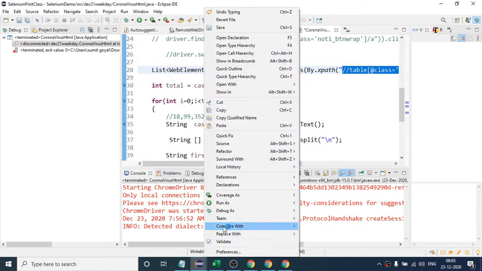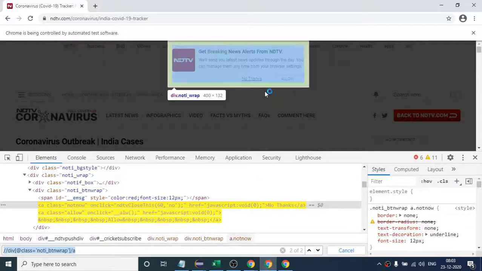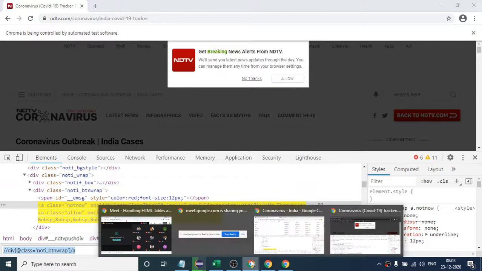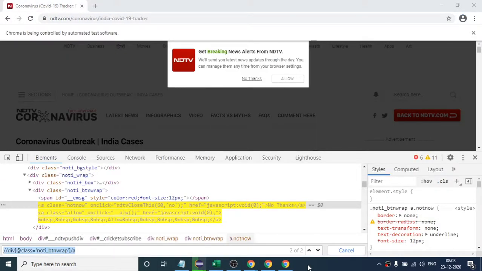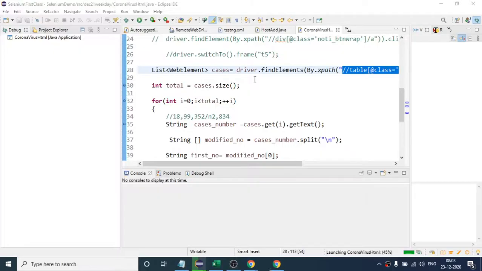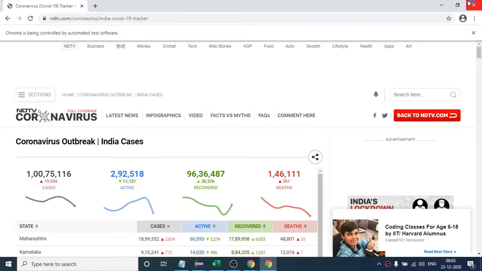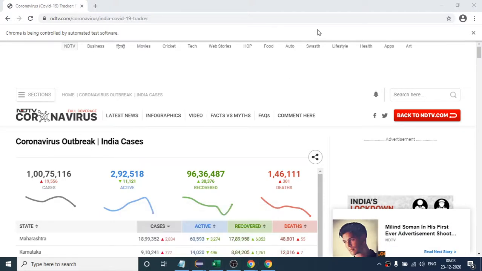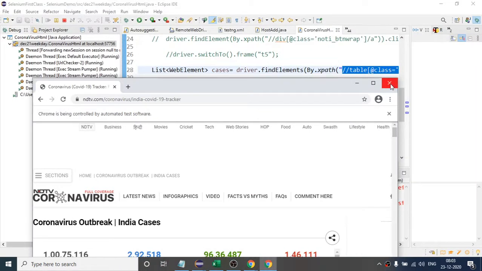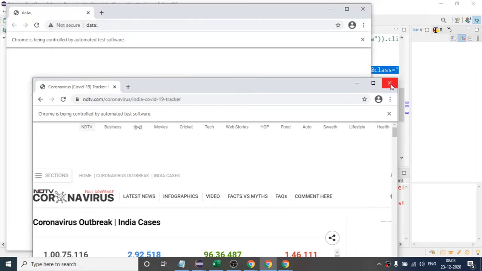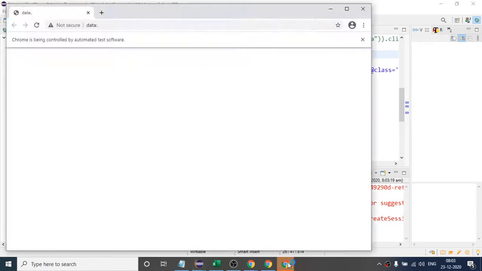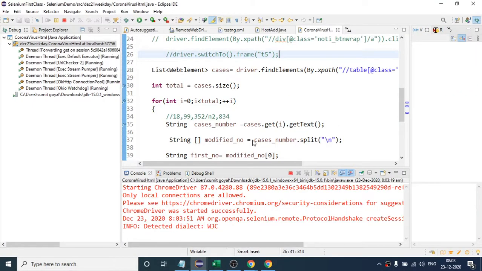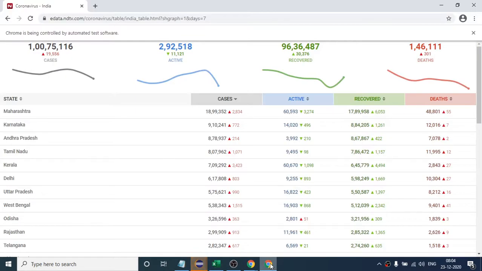So if I right click, debug as Java application, the web page opened, and this time it has loaded.